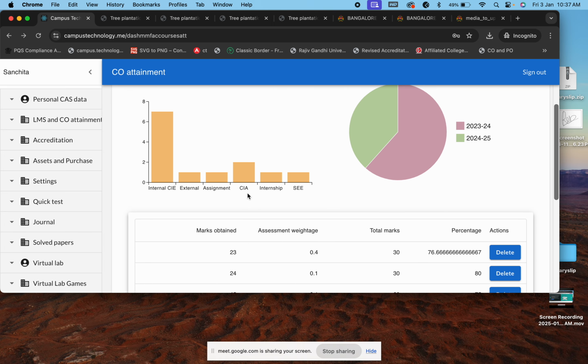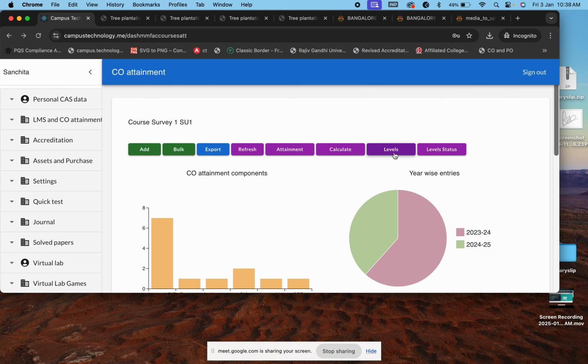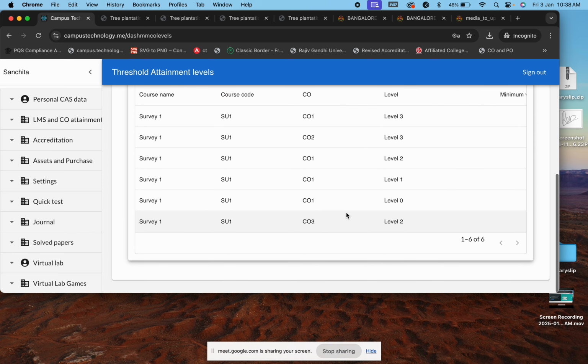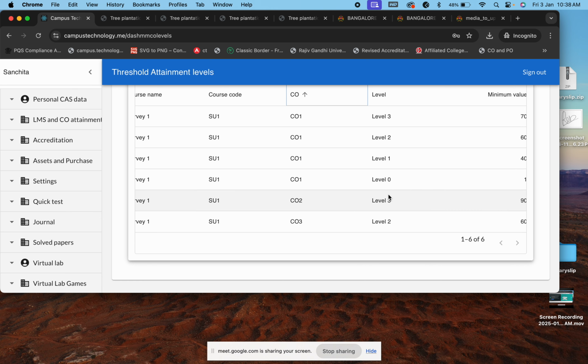The goal here is to go from level 0 to the maximum by the time they finish graduation. This cannot happen overnight, like in the first semester. It will gradually increase, the level will increase. So what I understood is, for a first year student it's okay to have a higher percentage of level 1, and the final year should show higher levels. You should not change the levels semester wise. You set the levels, and over a period of 3 years before graduation, this same level has to be attained.